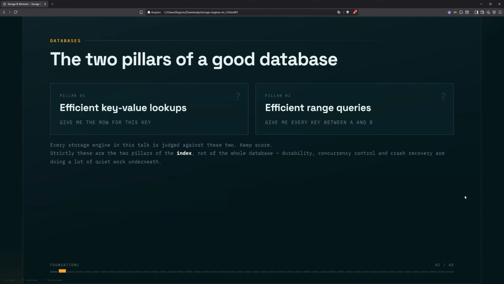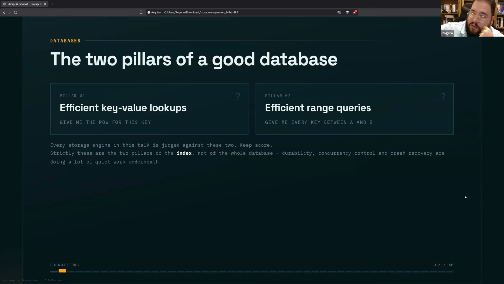Okay. So since a database is something where you store something and retrieve it when you need it, we can ask what is a good database? The two pillars of a good database are basically two. A good database needs to provide you an efficient way to do key-value lookups.